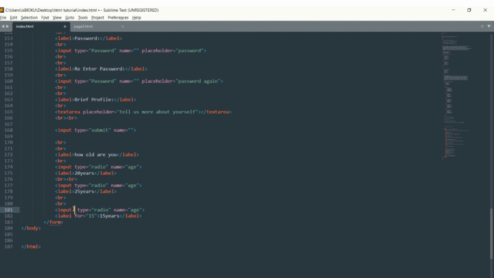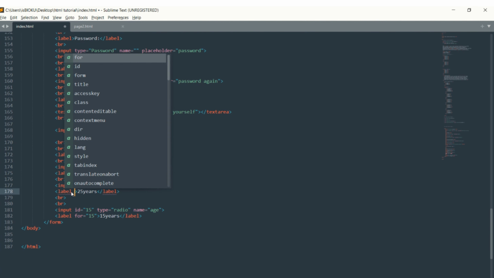Now inside my input I'll put ID, gather 15 and put it here also. So this for and this ID must be the same. So if I save this information, before I reload our website, I'll come here again inside my label and put for,